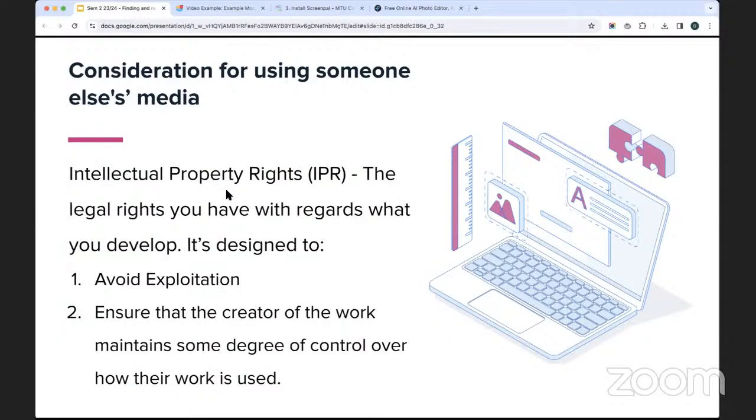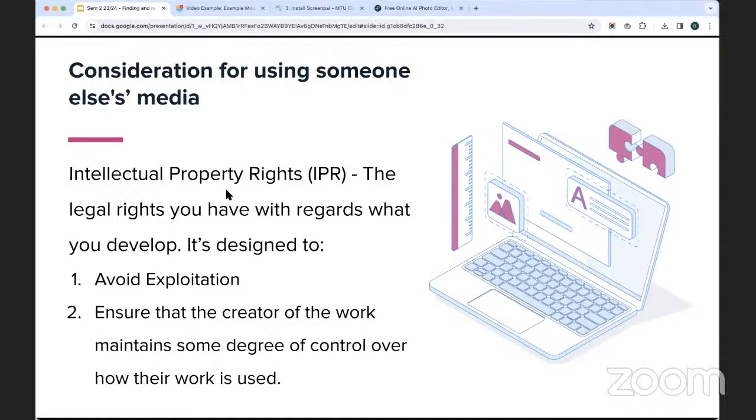But generally, when we talk about using someone else's material, what we're really talking about is intellectual property rights, in particular on the part of the developer, the artist who created the image or the video or the piece of training material. IPR refers to the legal rights they have in terms of what they have developed.